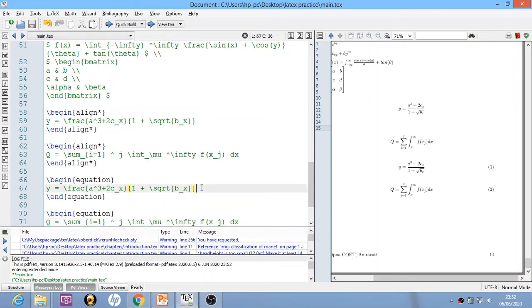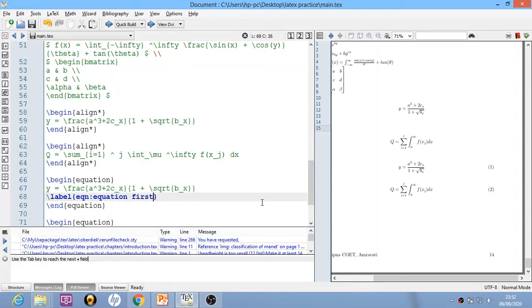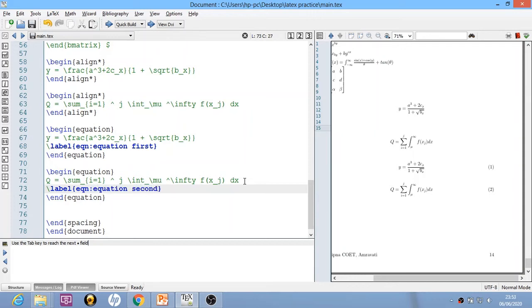Now, along with this equation you can add a label to it also. So you will write label and you can write equation first, and again you can add a label, and inside label you will write equation second, and we will compile this code.